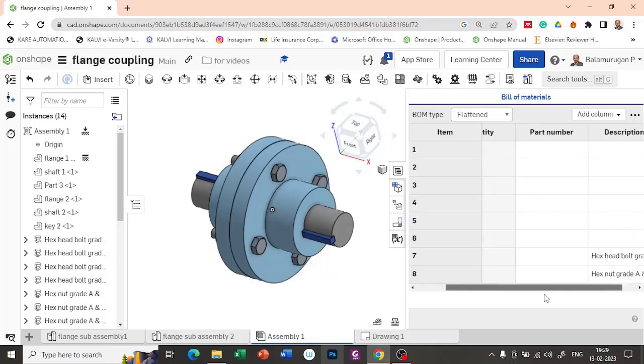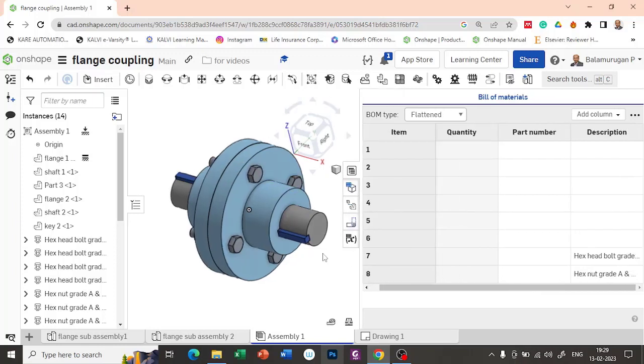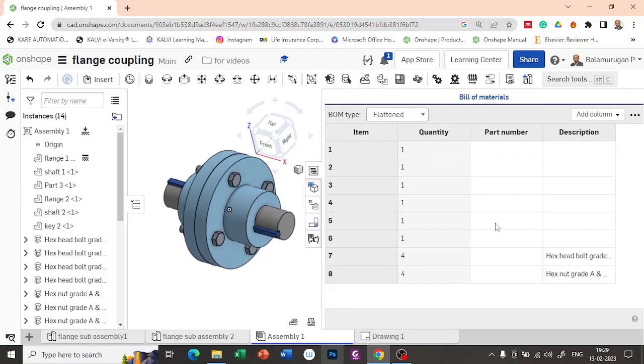Here you can see the default bill of materials is available. The default will come as item, quantity, part number and description. If you want to add a name, you can add it over here. And if you want to represent the material the part is made of, you can change the